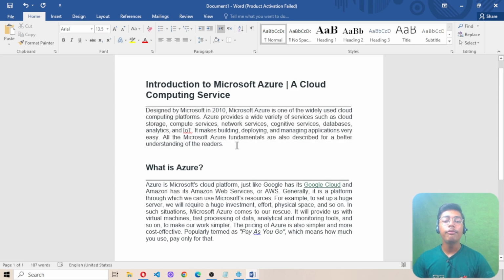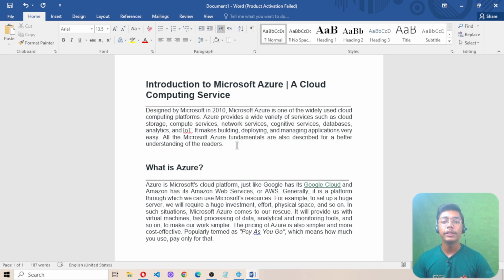So normally, Microsoft Azure was designed by Microsoft in 2010, and it is one of the widely used cloud computing platforms. And I hope that you know what is cloud computing. If you don't know what is cloud computing and how we can start with it, in this tutorial series I will be explaining from the start what is cloud computing, how you can